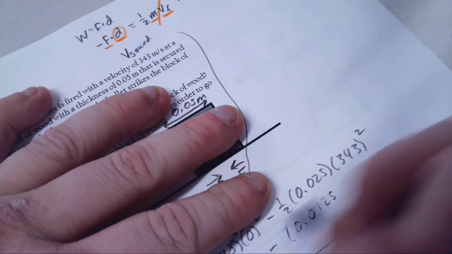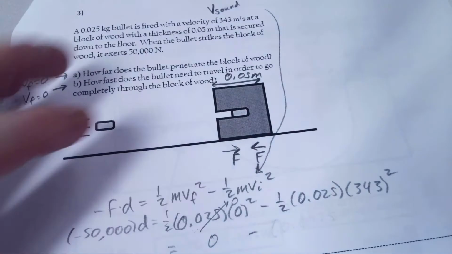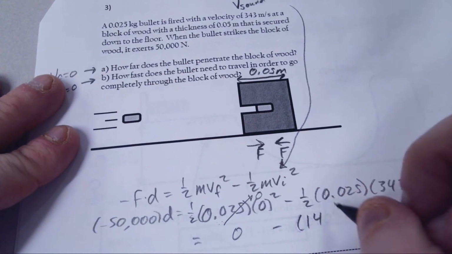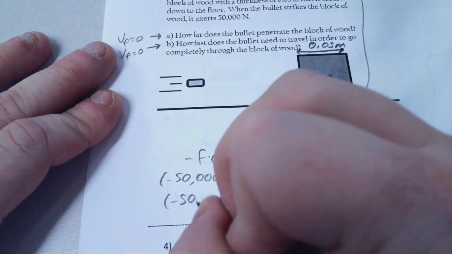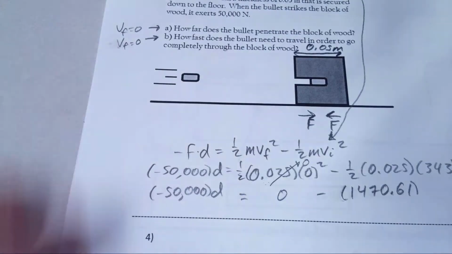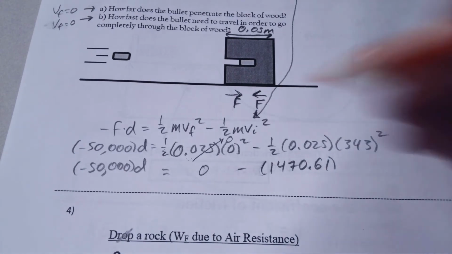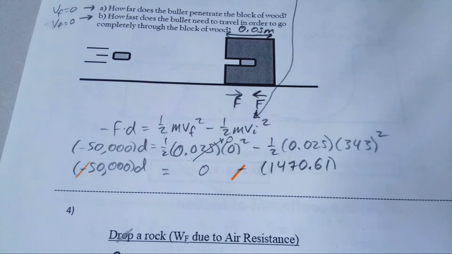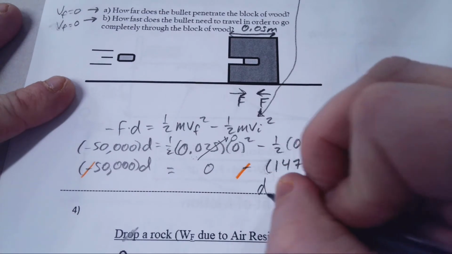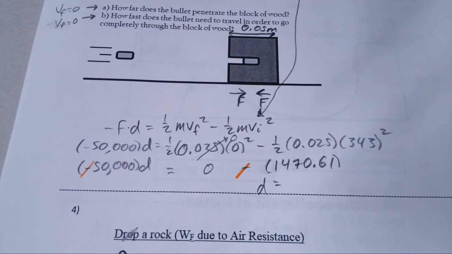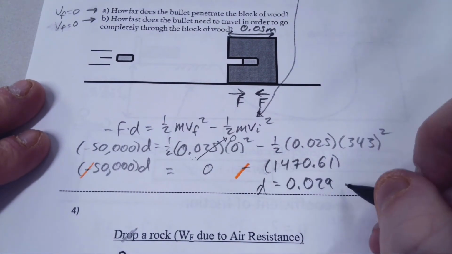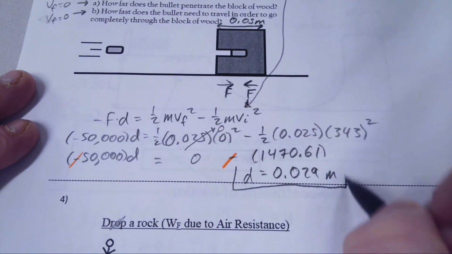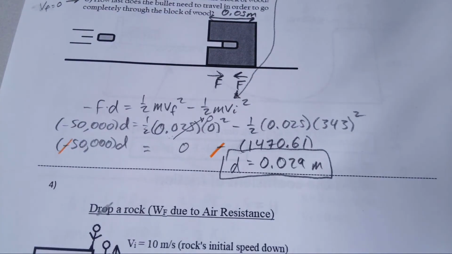Oh, sorry, I'm looking at the wrong one. So the negative that we have here is going to cancel out the negative we have there, and then thus giving us a distance that is a positive distance. Does anybody have the answer for that one? Yeah, 0.03 or 0.029, either way. Let's write it out so we can see the full magnitude of that. So anyway, it goes about 2.9 centimeters or 3 centimeters, which